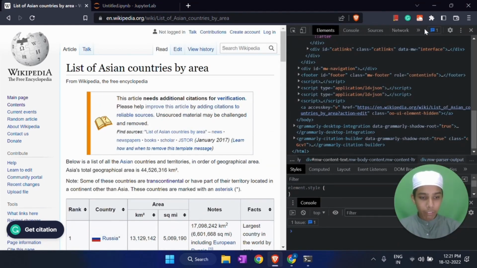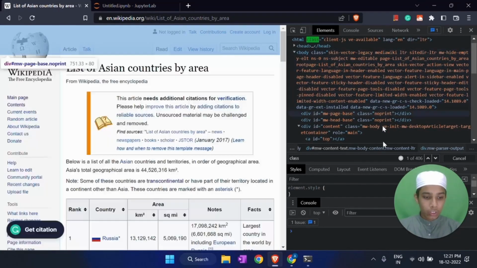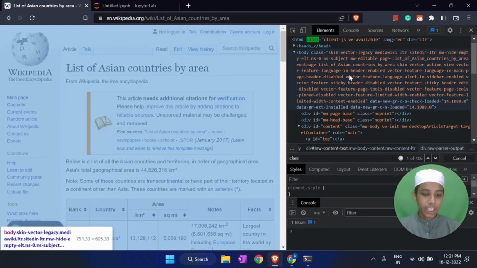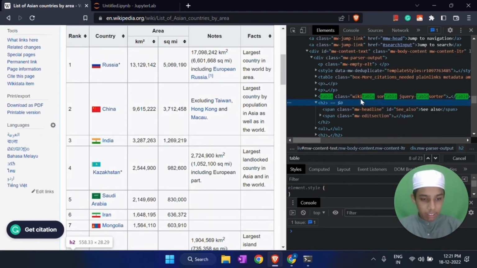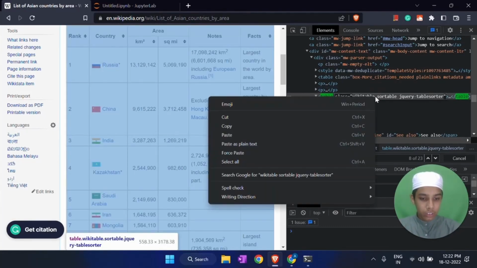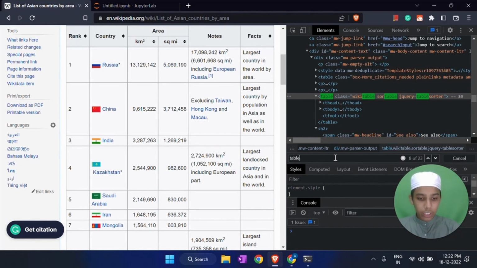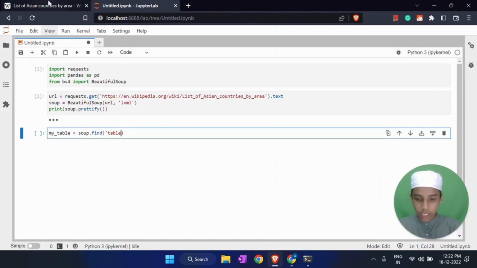So first of all, I am going to click this F and then type class. There are 406 classes, and on Wikipedia it's going to be something like wiki tables. I think the one is going to be something like wikitable sortable, this one. Okay, so here I'm going to right click. I'm just going to remove this, I don't want it right now, and then I'm going to copy table here,